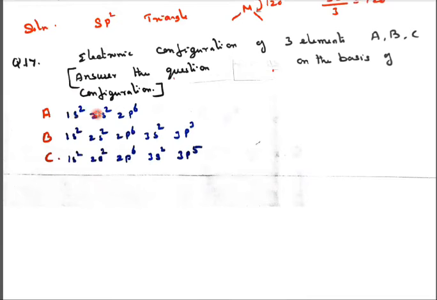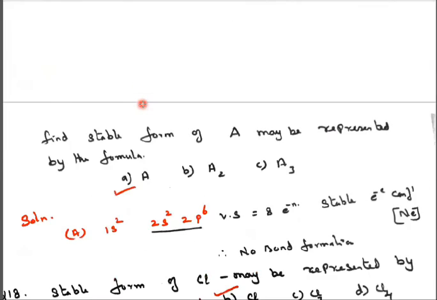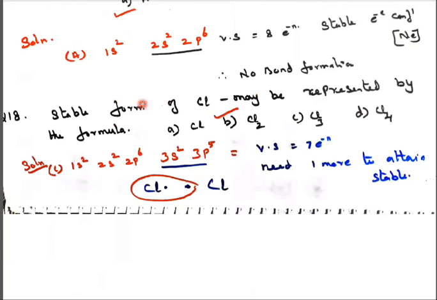A. Completely filled electronic configuration. Here it is partially filled, incompletely filled. So they are unstable, but when you compare partially filled, half filled and completely filled, priority is given to the completely filled orbital. So A is a completely filled orbital, no bond formation.